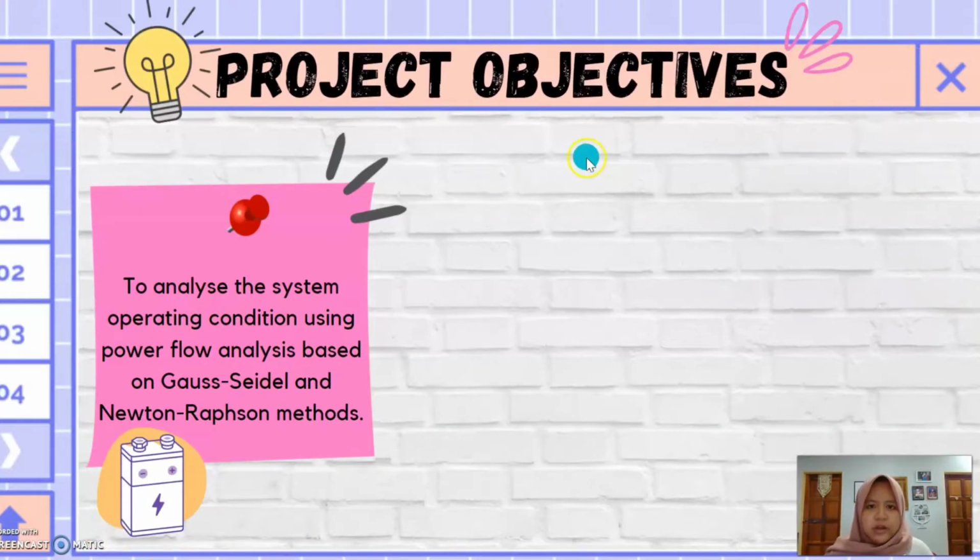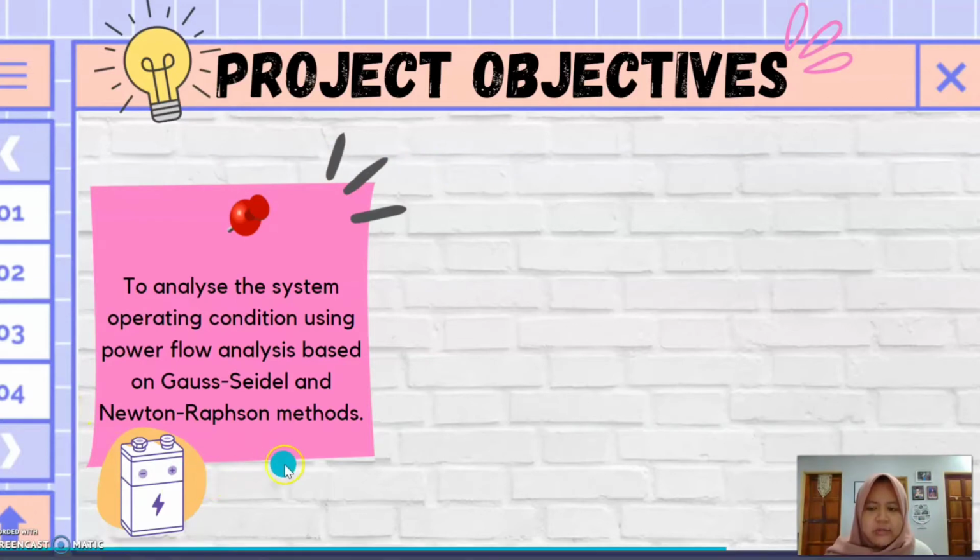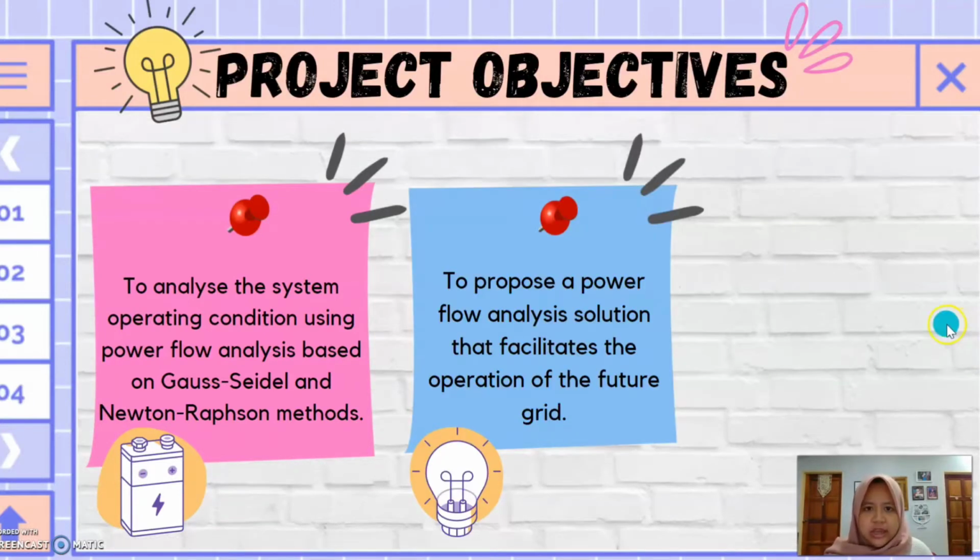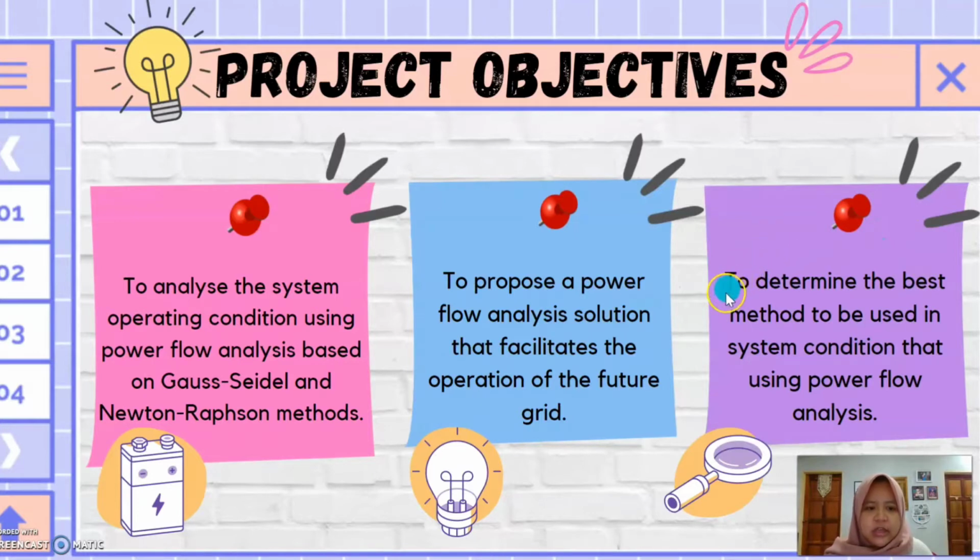Next, our project consists of 3 objectives. Firstly, our objective is to analyze the system operating condition using power flow analysis based on Gauss-Seidel and Newton-Raphson methods. Our second objective is to propose a power flow analysis solution that facilitates the operation of the future grid. And lastly, our objective is to determine the best method to be used in system condition that using power flow